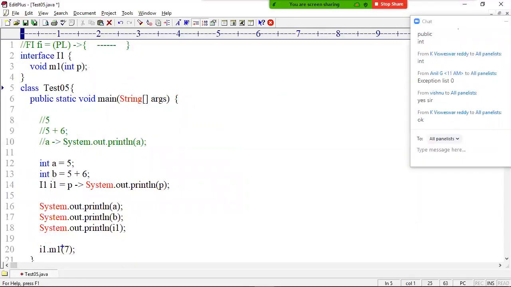When you call I1 dot M1 of 7, take 7, go to M1 of I1, I1 pointing to it. So the parameter P memory is created with what value? 7. And then the logic execution started. As part of the logic, P reads the value 7 and displays 7 on the console.